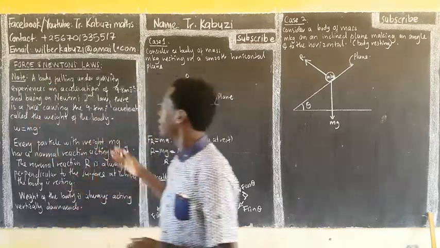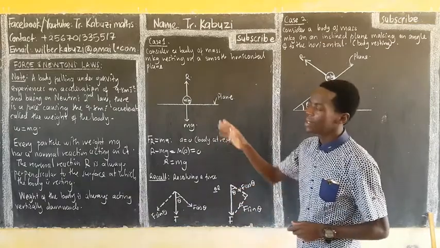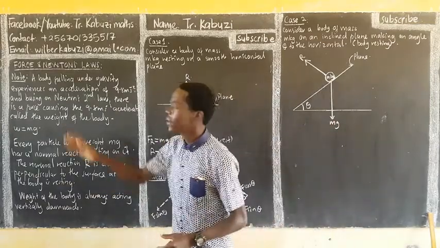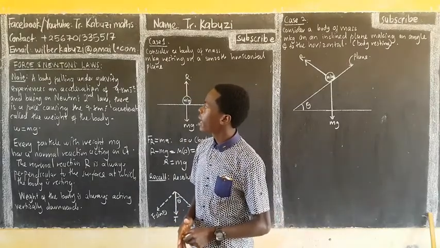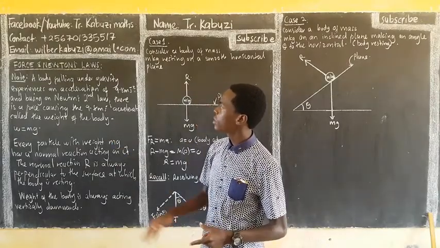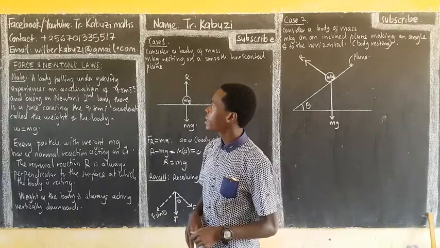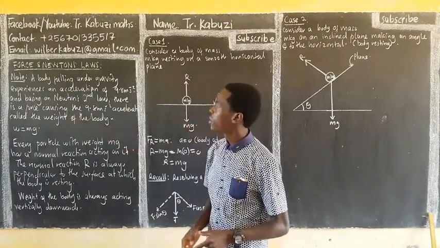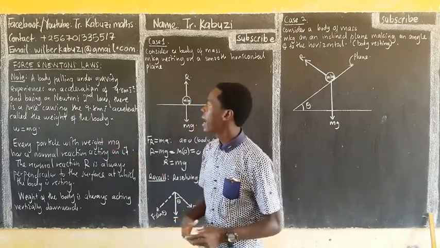Okay, so now we are going to see the reaction of a particle or a body. Let us start with this note. A body falling under gravity experiences an acceleration of 9.8 meters per second squared. This is the gravitational force. And based on Newton's second law, there is a force causing acceleration